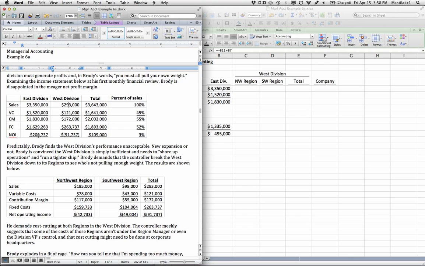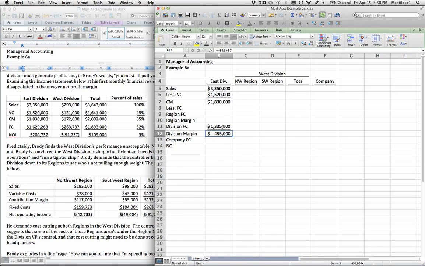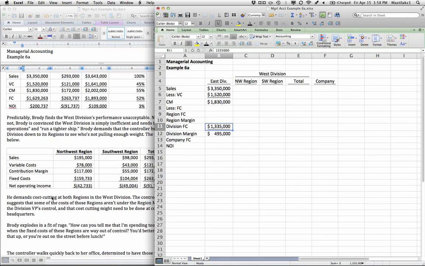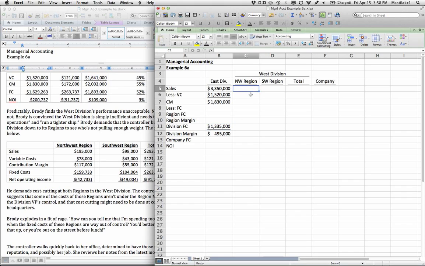profit of $200,000 that we see here, because those costs, the additional costs that are allocated to it, the difference between the $1,629,000 and the $1,335,000, those allocated costs are costs that happen at the company level, not the division level. Now let's take a look at the West Division. Take its two regions,